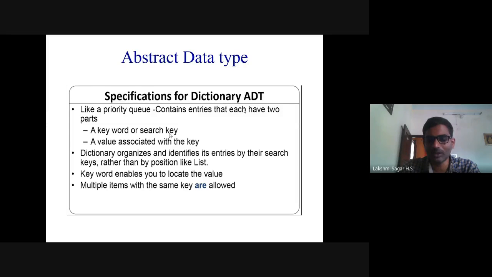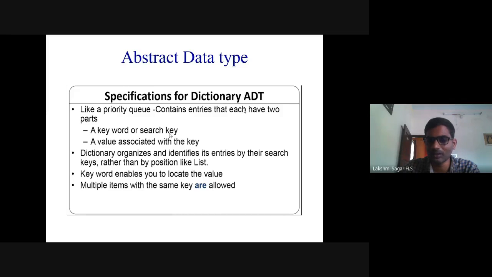What a dictionary does is organize and identify its entries by their search keys rather than by position like a list. So rather than finding the position, we search the key first, and by searching the key we find the associated element. The keyword enables you to locate the value.